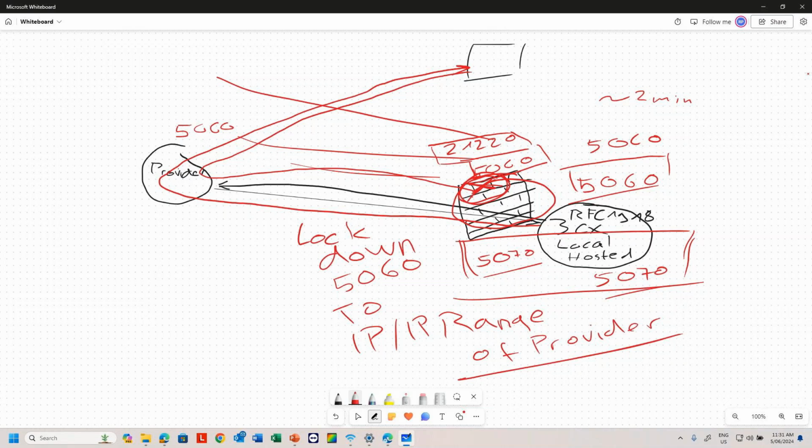But I want to use STUN because I have STUN phones. STUN is actually also not supported really anymore on 3.6. And we have the tunnel, 5090, the tunnel port, encrypted,